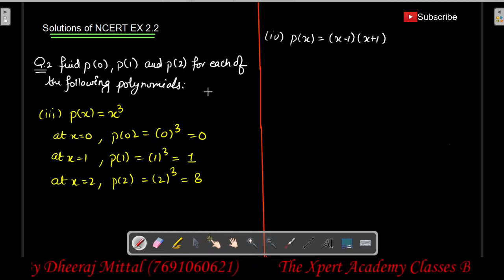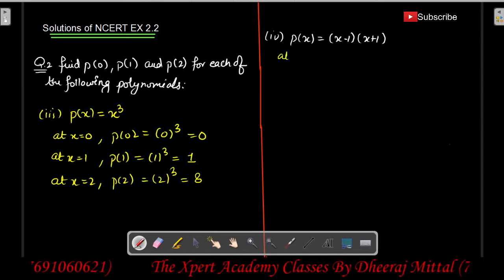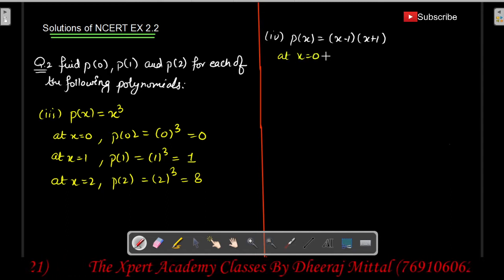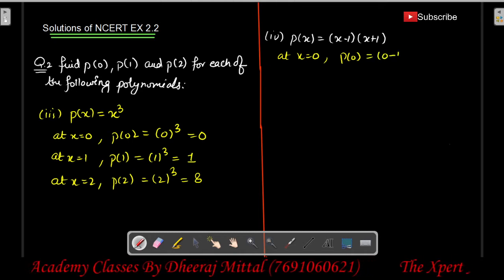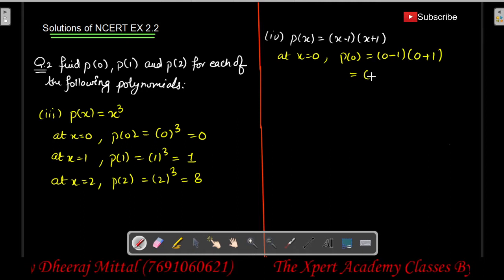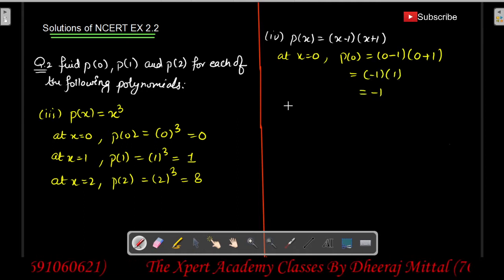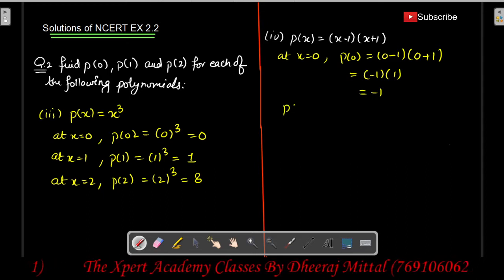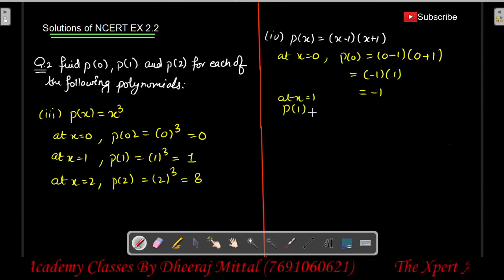So at x is equal to 0, it will be p(0) is equal to (0 minus 1)(0 plus 1). So it is minus 1 into 1, answer will be minus 1. At x is equal to 1, so p(1) is equal to